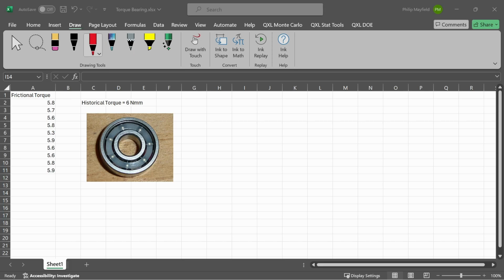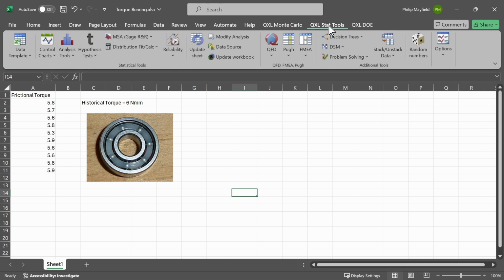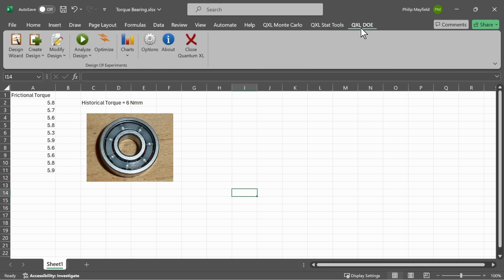This video is how to perform a one-sample t-test in Quantum Excel. First, we need to make sure Quantum Excel is running. To make sure it's running, we make sure that QXL Monte Carlo, QXL Stat Tools, and QXL DOE are open